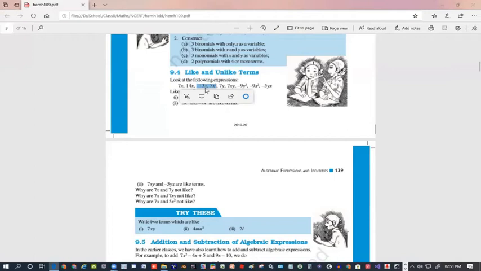So these two are unlike terms, because here the term is x, here the term is x square. These are different, so this cannot be added. But these two can be added. In place of 7 and 14, we can write 21x. After addition, it will give the answer 21x. So let's write it. 7x plus 14x equals 21x. Because these are like terms, they can be added.